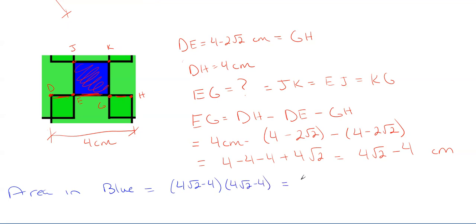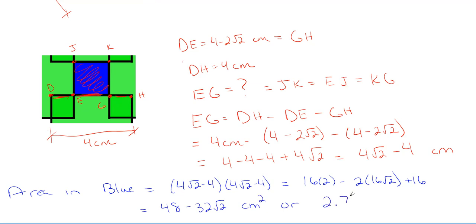And this would end up giving me 16 times 2 minus 2 times 16 square roots of 2 plus 16. And if you rearrange and simplify this down, of course, it doesn't come out to be a nice number. It'd be 48 minus 32 square roots of 2 centimeters squared, or you could write it out in approximate decimal form,